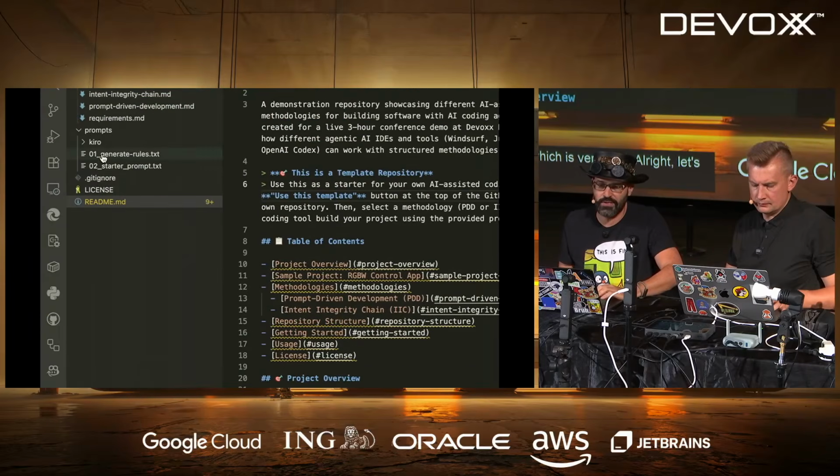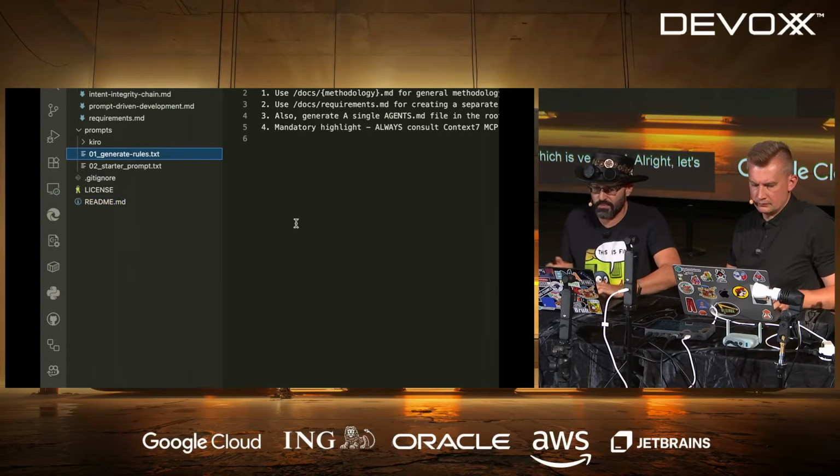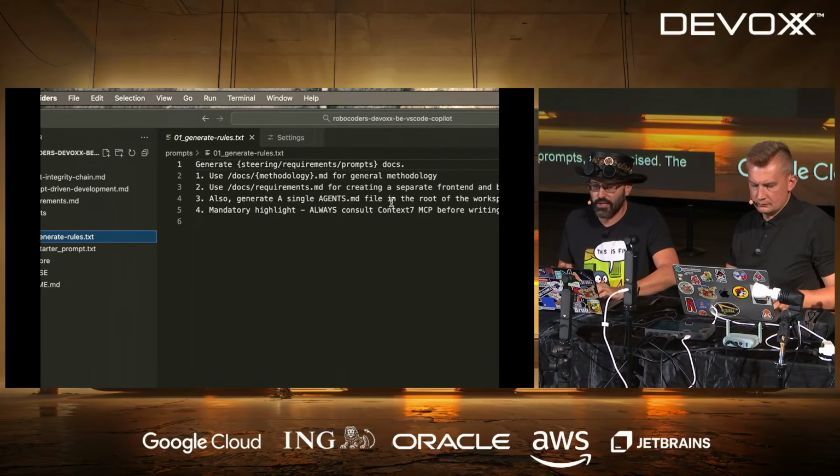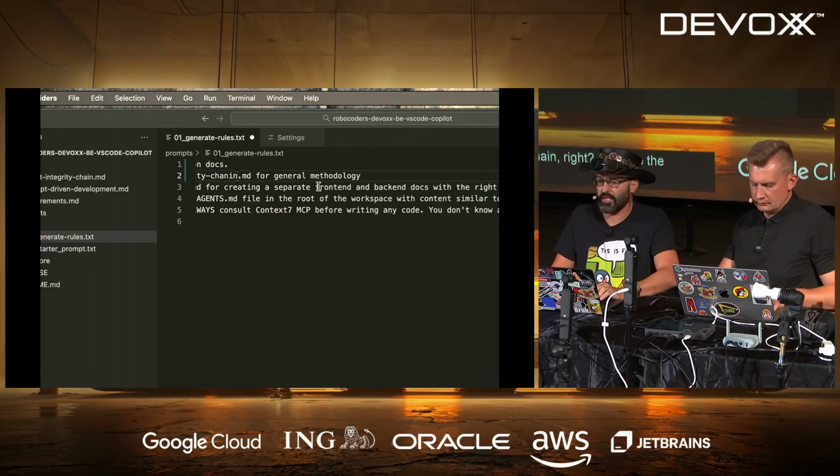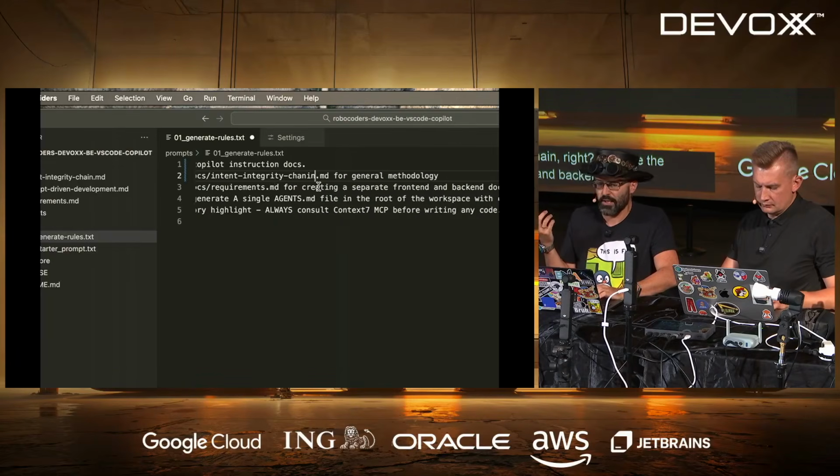So I have here two prompts as promised. The first is this one: generate steering or requirements or prompts docs. For ChatGPT, it's for VS Code, it's called Copilot instructions. So generate Copilot instructions using the intent integrity chain, right? And use the requirements for creating separate front-end and back-end documents.